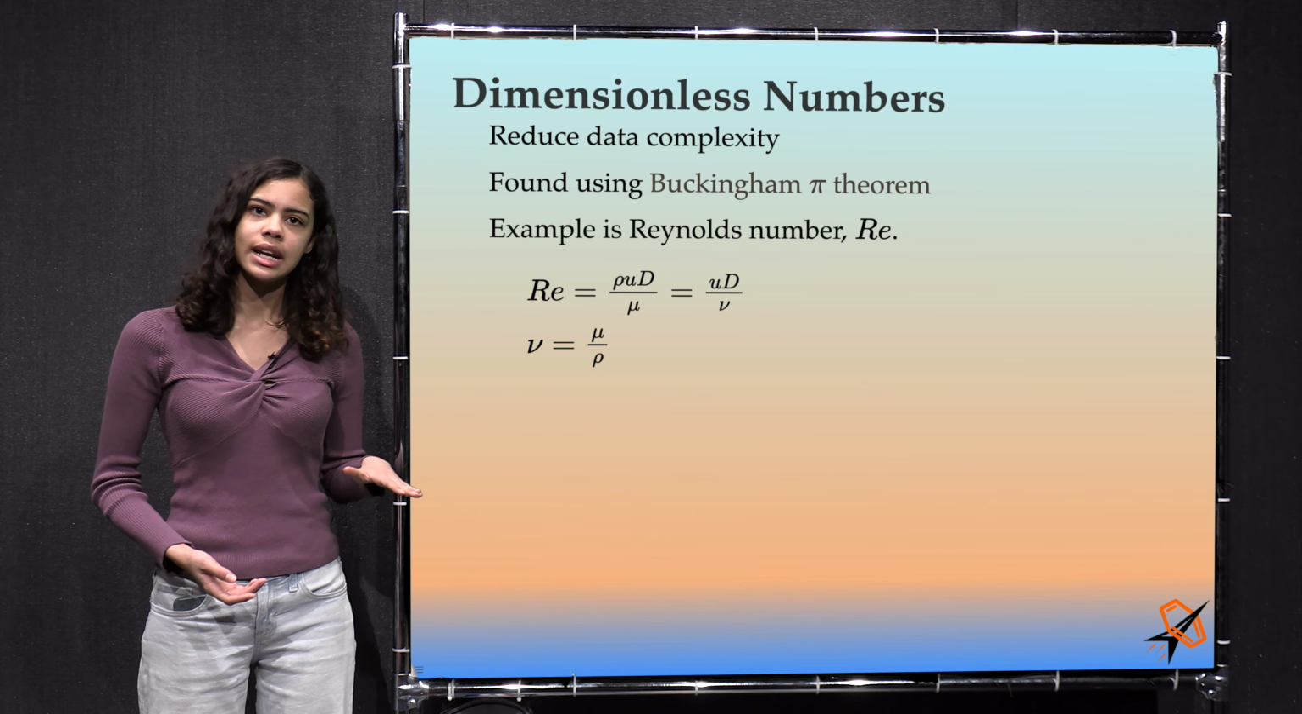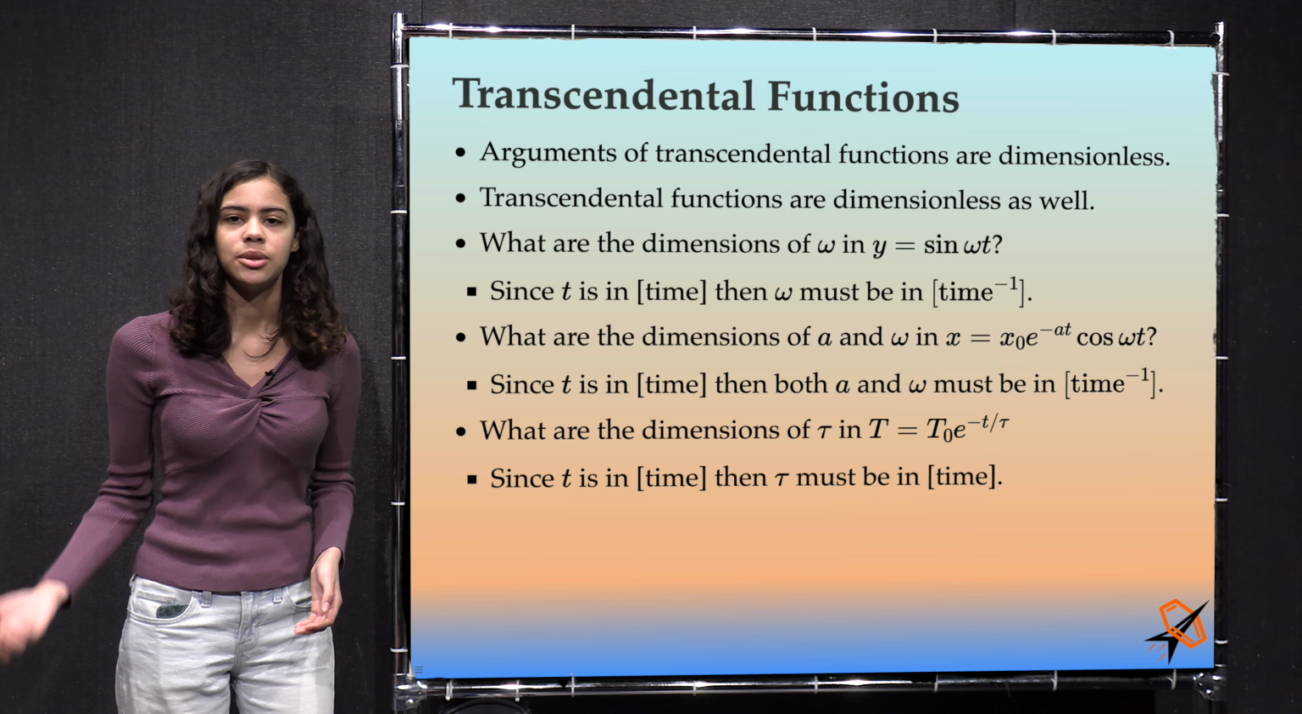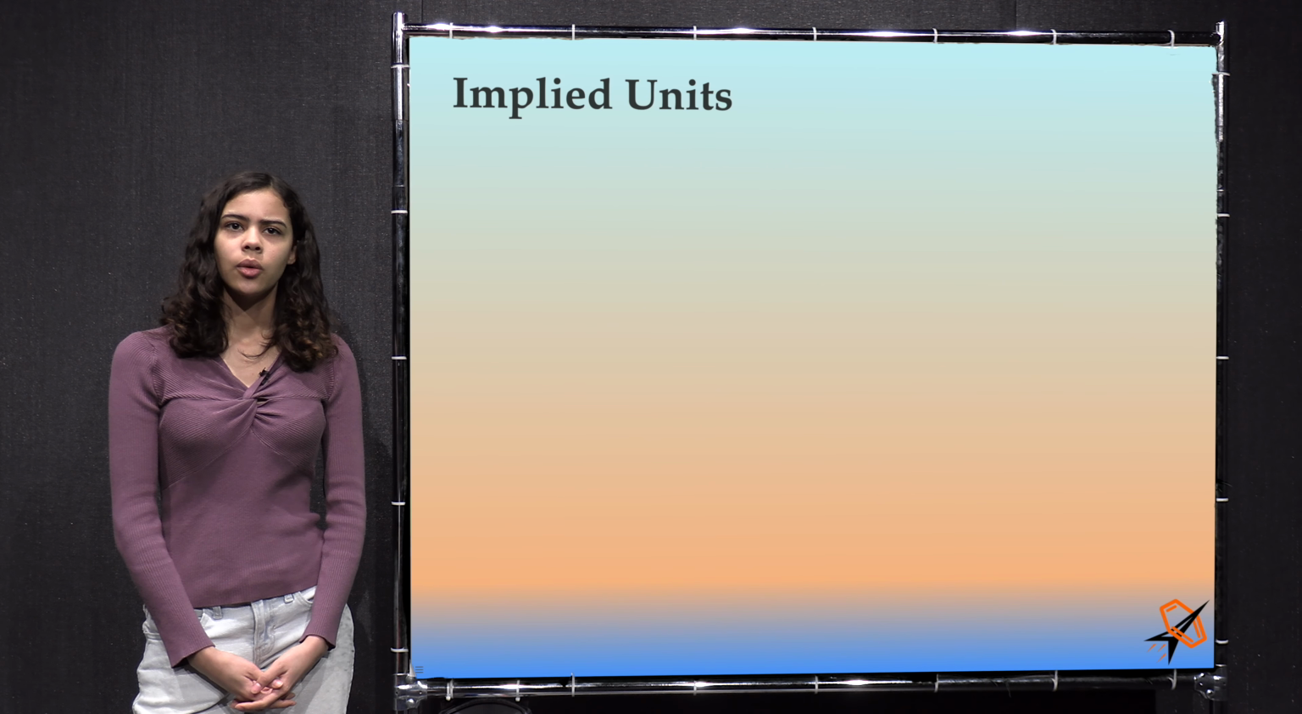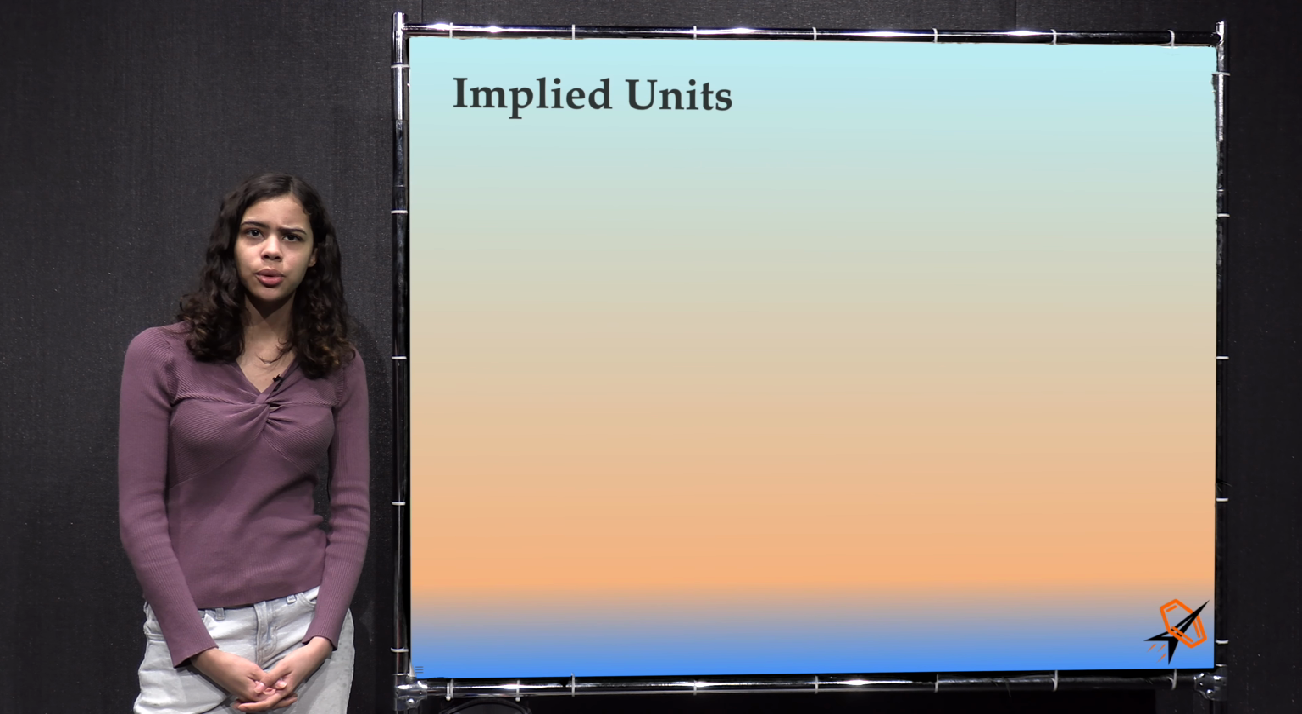But if y has units of some sort, then there has to be an implicit dimension in front of sine. X and x naught must have the same units, and capital T and capital T naught must have the same units. One of the places that people sometimes get fooled by the fact that the argument of a transcendental function must be dimensionless